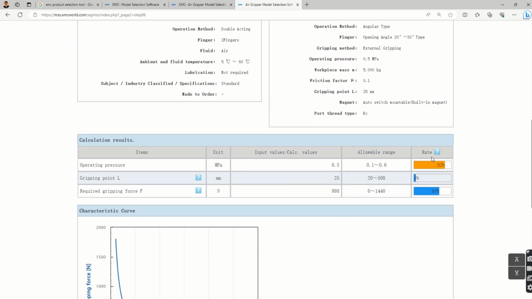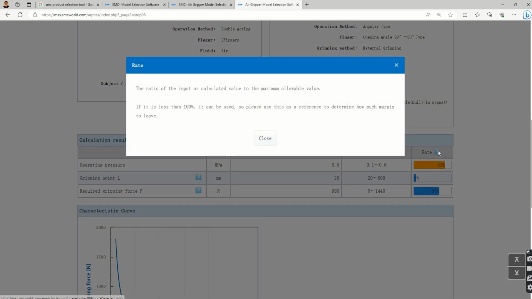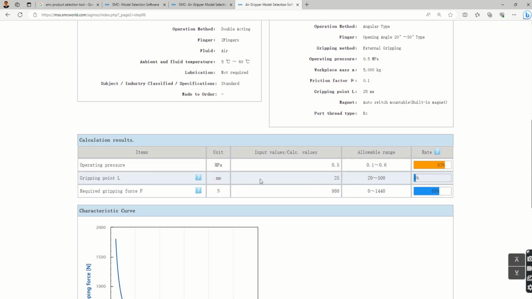You can see the operating pressure, the rate, what is that. You can check out the ratio of the input or calculated value to the maximum allowable value. So it indicates that we have selected the product and what are its allowable values, and it shows the ratio of that, so that we can compare that product,